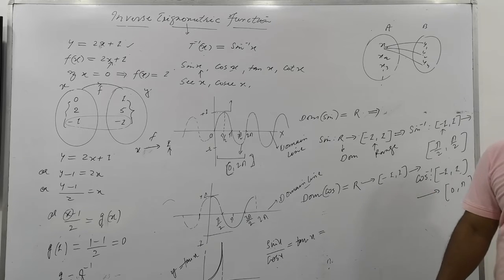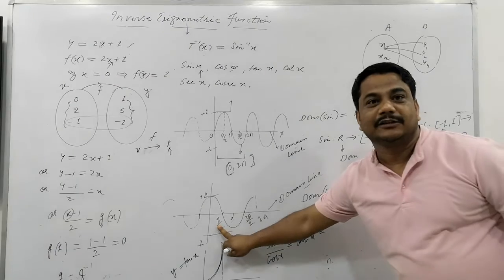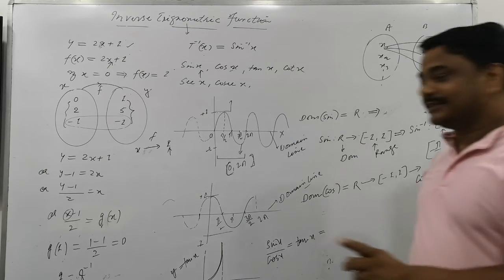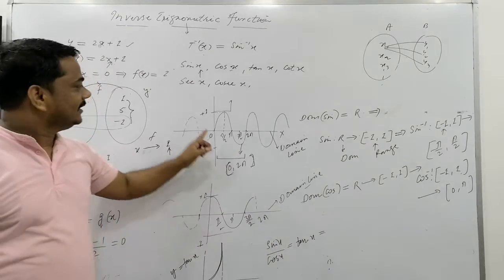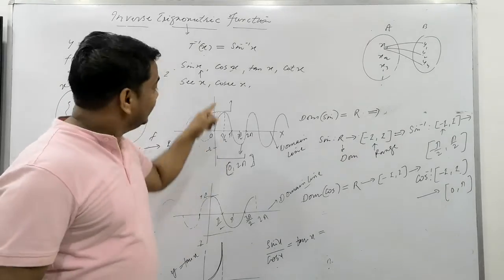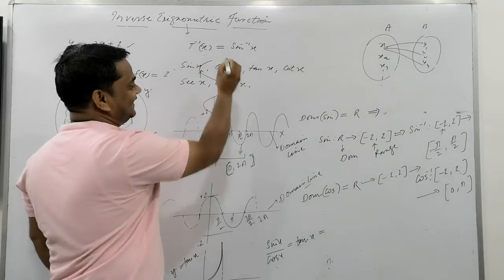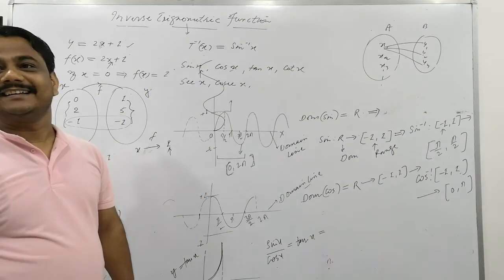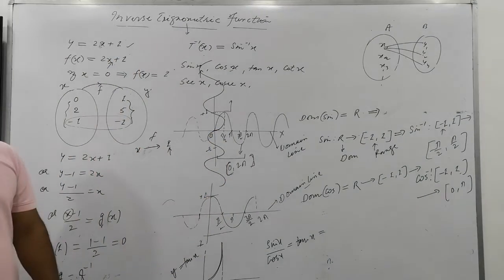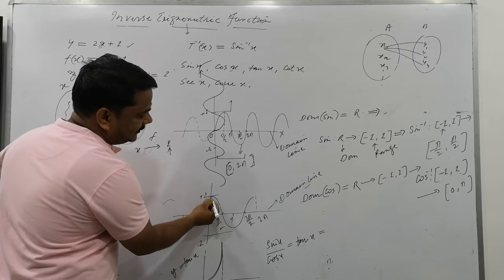Similarly, we will have the ranges of the others, and the graphical representation. The graphical representation of cos is this. So what is the graphical representation of cos inverse? Because the domain line is the x-axis for cos, and the x-axis for sine. So now the domain line of sine inverse is the y-axis. How will you draw the curve here? This type of graphical representation will come here. Is that clear now? And it is the same here also.